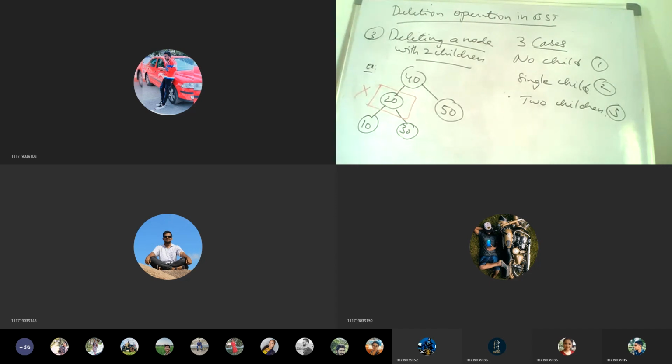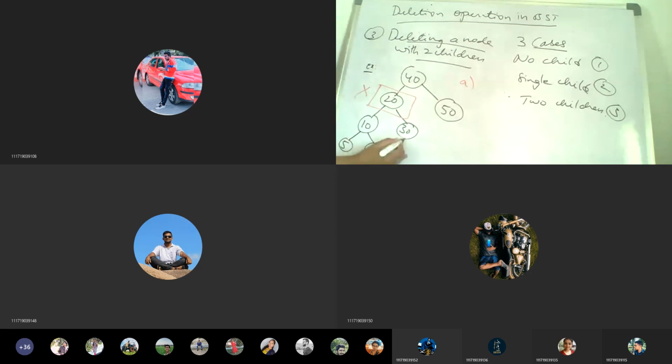So when we want to delete a node with two children, the first thing we have to do is select. Say suppose the leftmost is 5 and this is 12.